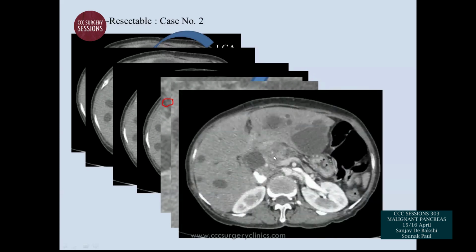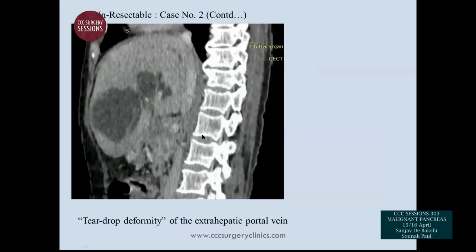The gastroduodenal artery is also encased by the mass, and we cannot take off the celiac artery because in this anatomy we'll have to remove the gastroduodenal artery as well, along with the tumor, and the hepatic arterial supply might be at fault. Coming to the venous evaluation, this is a sagittal image showing an anterior-inferior indentation of the